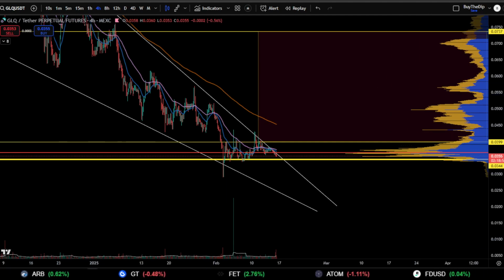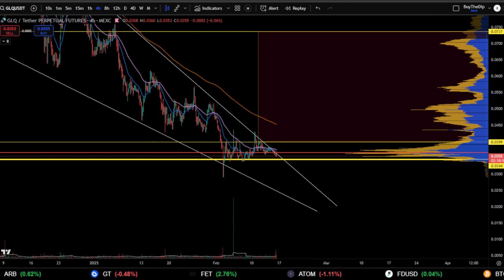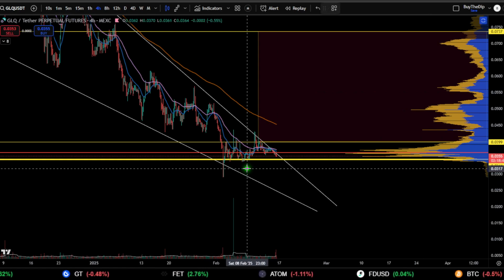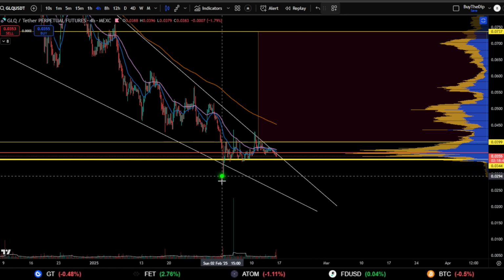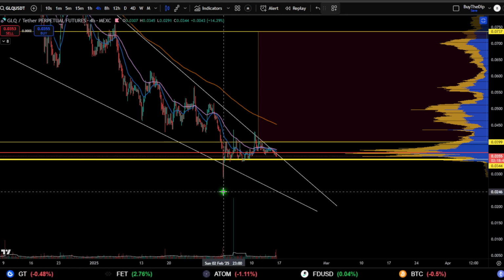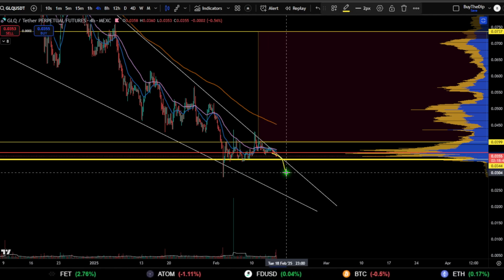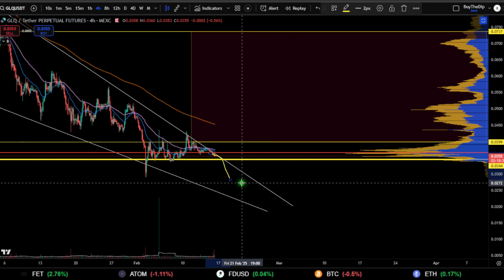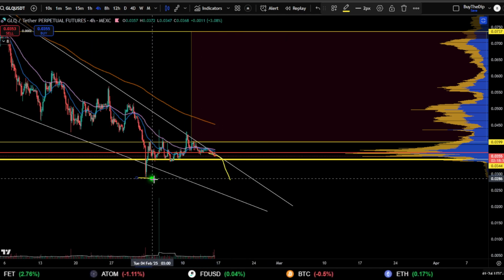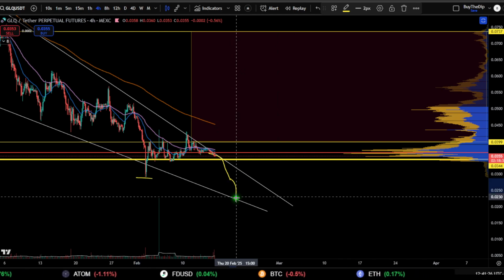Now, we've got to prepare ourselves for the worst case scenario, or a scenario that might cause a shakeout. And you can see that we've fallen below this level before. Very low volume wick, quick retracement right back up. Could we do it again? Could we see this thing actually fall right through? It could be possible. In fact, we could even double bottom in comparison to this bottom. In fact, we can even make another lower low.